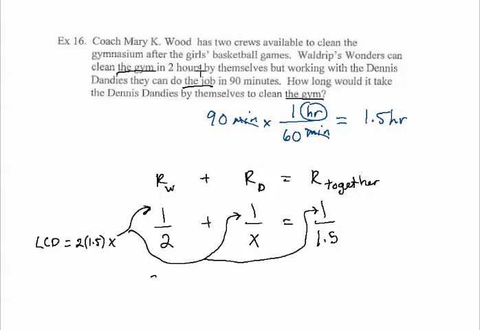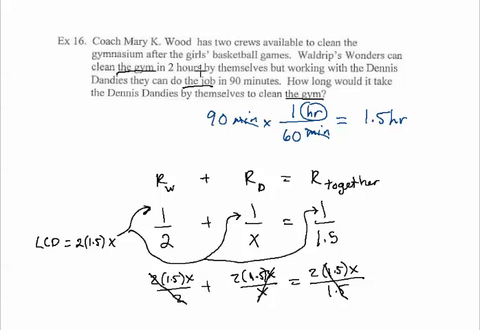We get 2 times 1.5x over 2, 2 times 1.5x over x, and 2 times 1.5x over 1.5. The LCD contains 1 of each of the denominators, so in each fraction the denominator is going to cancel,